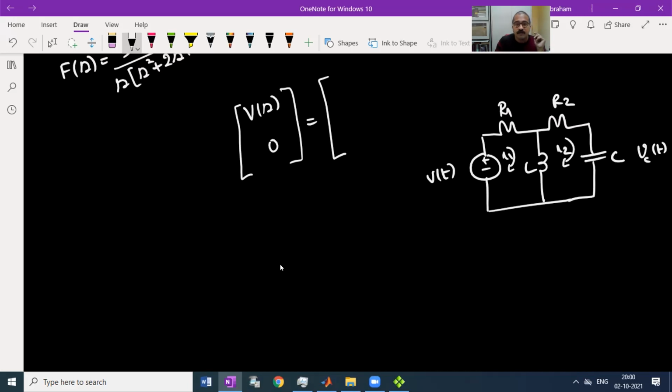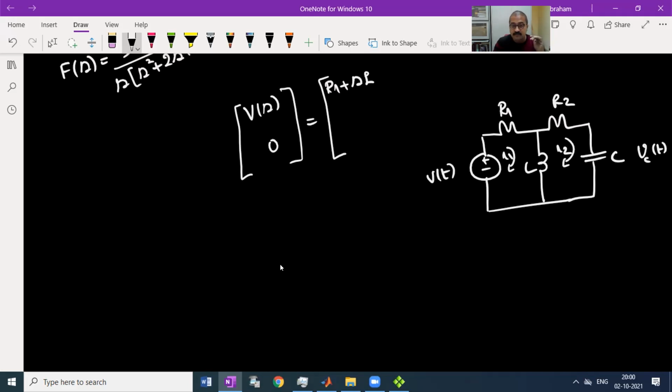So what will be Z11? Z11 is the sum of all the impedances through which current I1 is flowing. That means R1 plus SL. Then what is Z22?